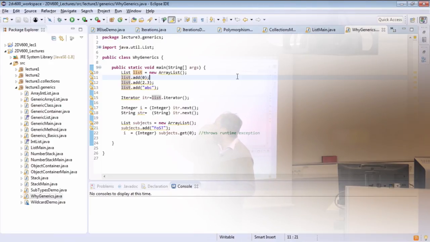So when we go here, we say that we want to access the next element. So the next method starts from the beginning of the collection and returns the first element that